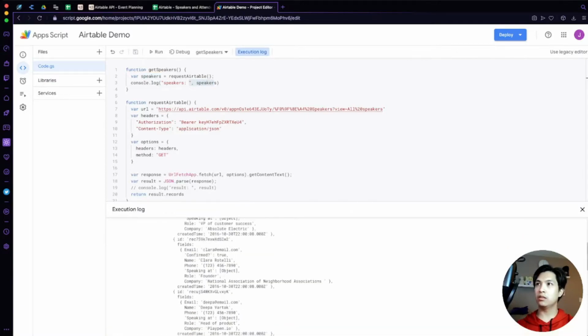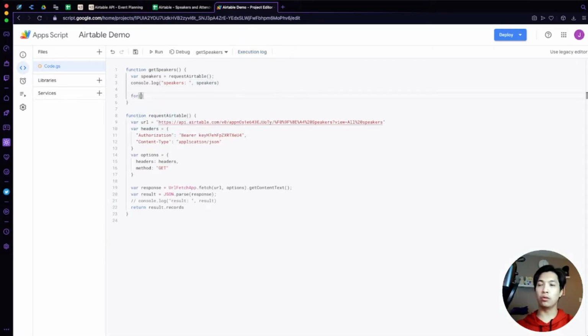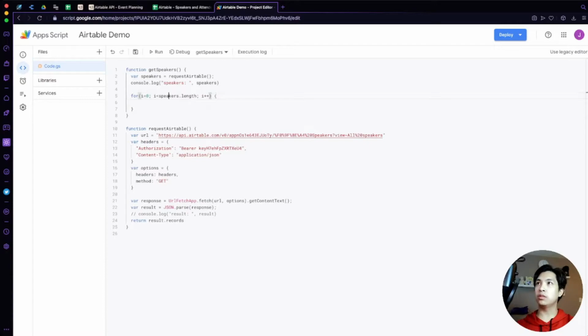Okay, good. So we go through here, only speakers. We don't have the created or the ID in fact. It's just that and then the fields. So what we want is each fields column. So what we'll do here now is a simple for loop. So i equals 0, i is less than speakers.length, i plus plus, and then within here we're going to take the info. Let's call this fields equals speakers[i]